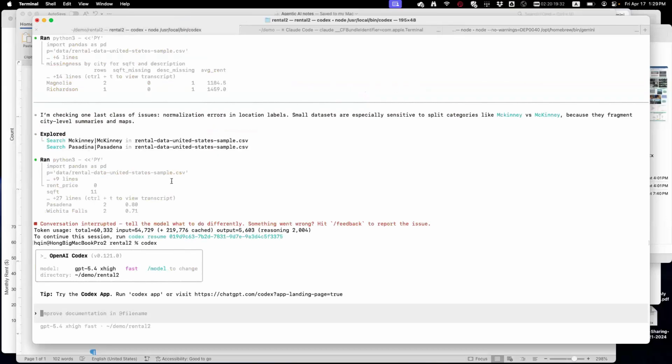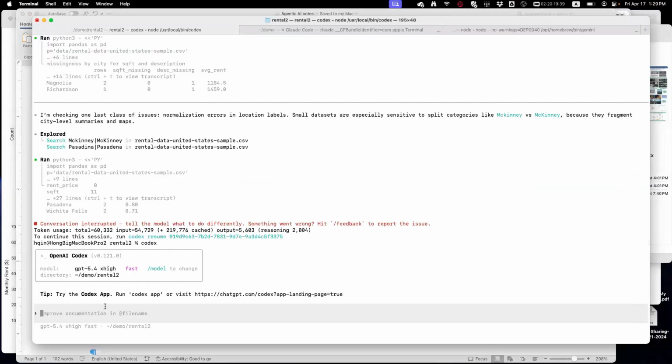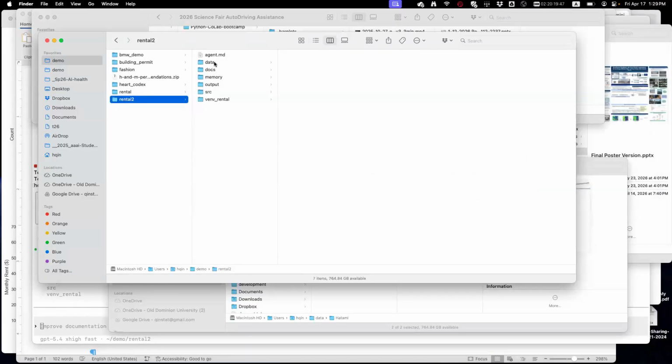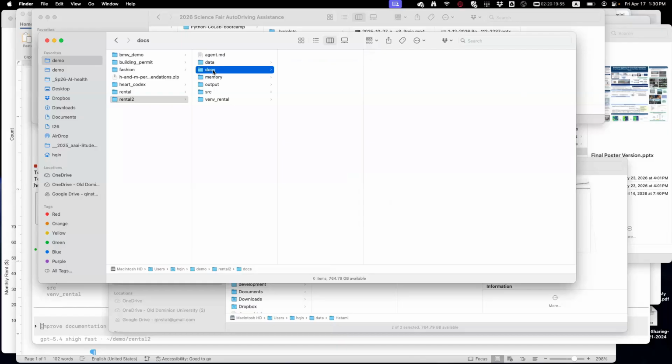So okay, we start with our first one. Actually, right now I'm starting blank. There's nothing here. In fact, if I show it, those are all blank. Well, not really for the data analysis. I put the data there. That's the data I got from the organizer. It's just a very simple data set. The document is blank, memory is blank, output is blank, code is blank. Well, the virtual environment I put there so I don't have to wait to install it. But that virtual environment was actually installed by Claude Code. I didn't do anything.